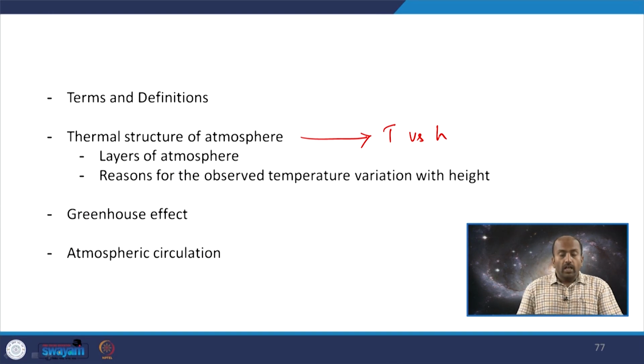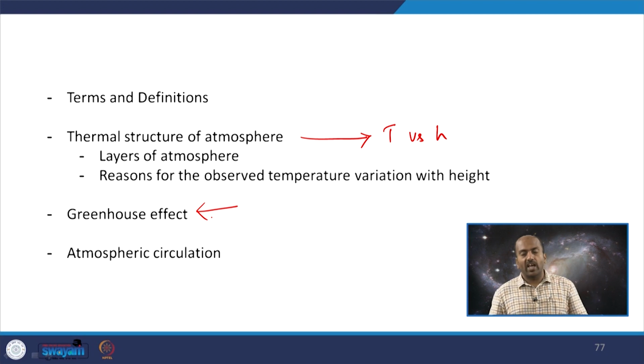Okay. The layers of atmosphere, which is a follow up to the variation of temperature with respect to the height, and we will try to see why the temperature varies in a particular way in each of the different layers that we identify. What is the reason for that? Then we will try to understand a few very important aspects about the greenhouse effect. What is the greenhouse effect and how is it active in this atmospheric system, and what are the physical processes or what are the chemical species which are responsible for the greenhouse gas effect existing in the atmosphere.